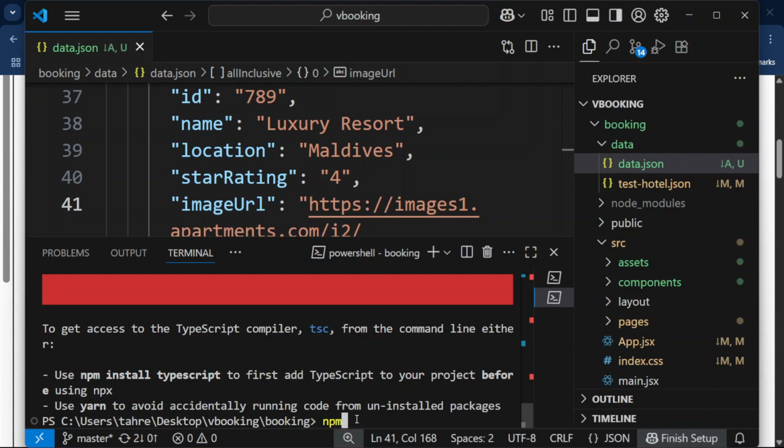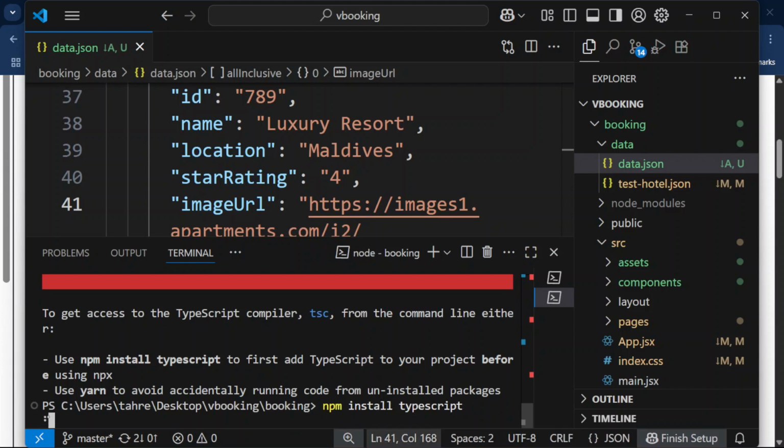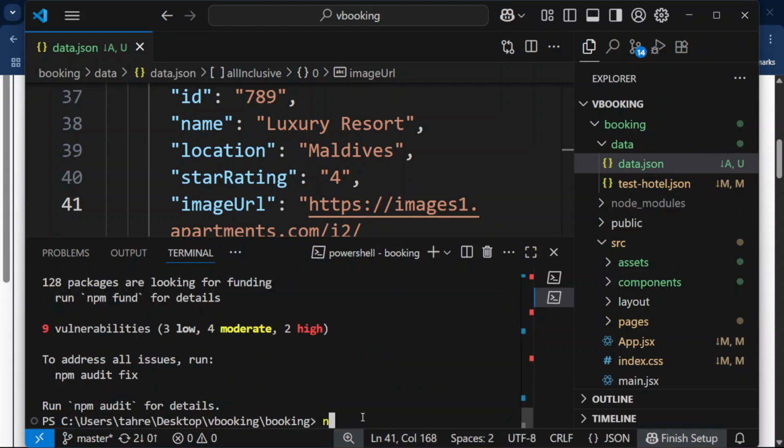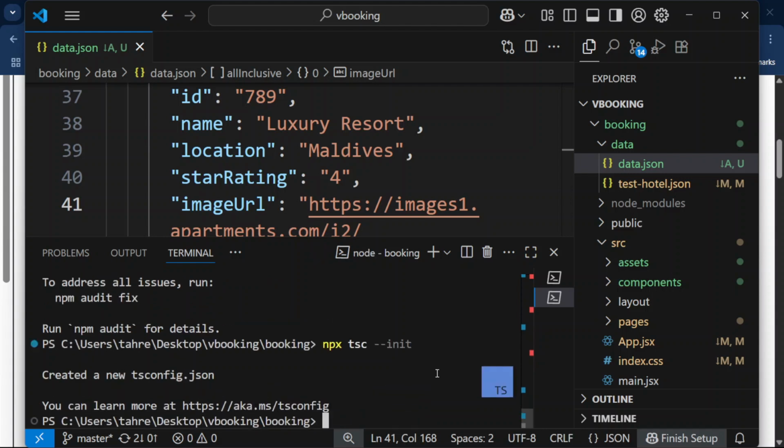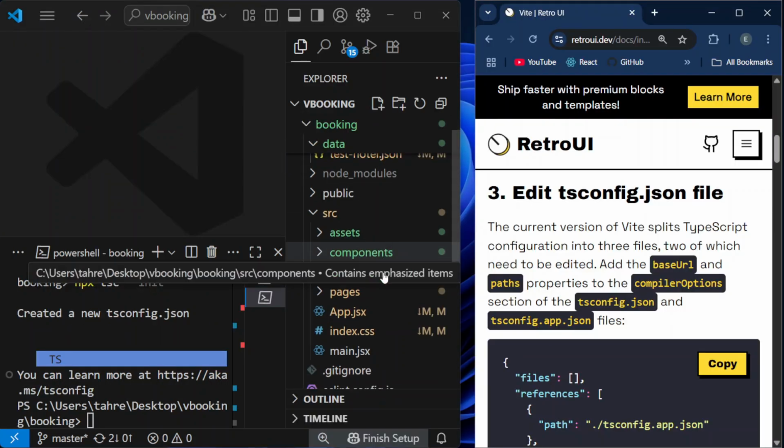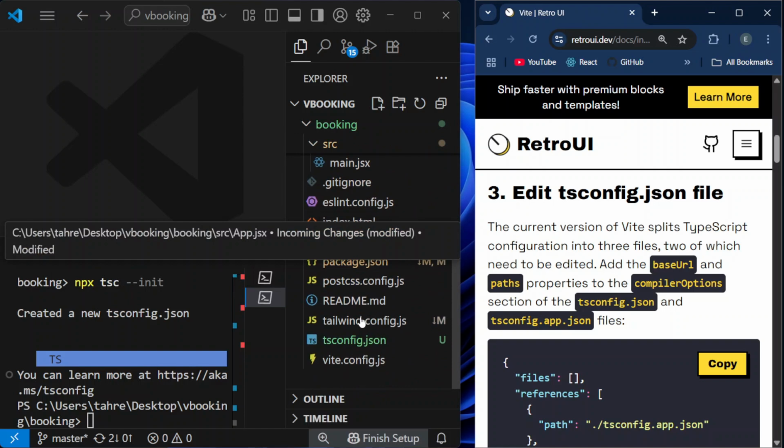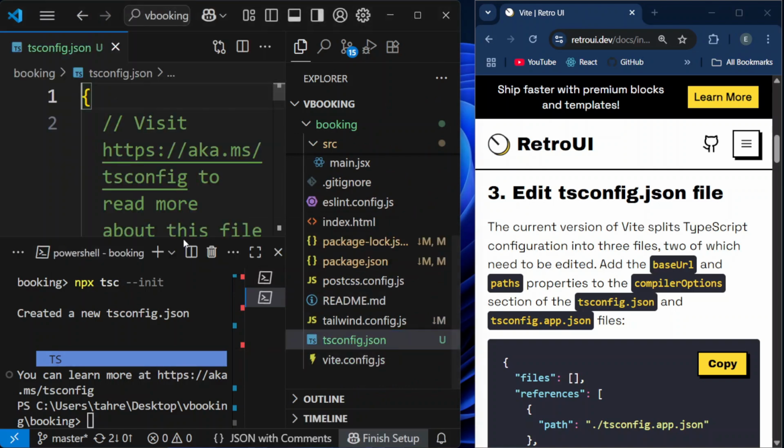Let's run npm install TypeScript. Okay, and now npx tsc --init. This will generate a tsconfig.json file with default options. Created a new tsconfig.json file. Let's go to the tsconfig.json file. In here,